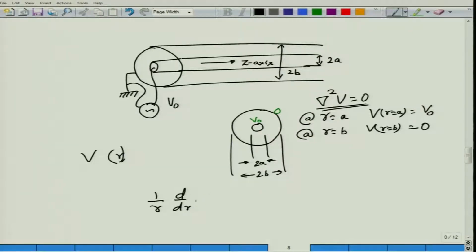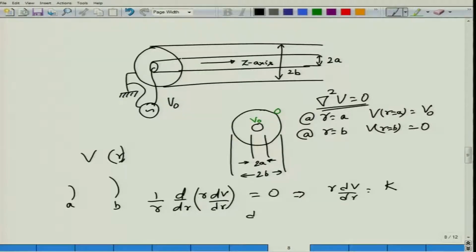So, I have (1/R) d/dR (R dV/dR), this being the del square V component for which this particular problem is concerned. So, for this problem, del square V equal to 0 actually reduces to this equation. We are of course not considering the case when R equal to 0; our boundary starts at A and ends at B. Therefore, this equation equal to 0 also implies that R dV/dR must be some constant k,